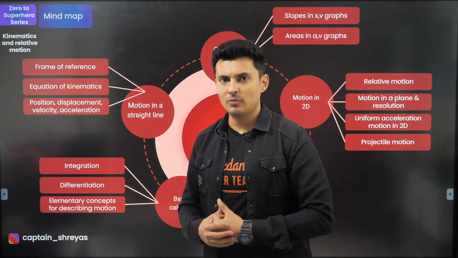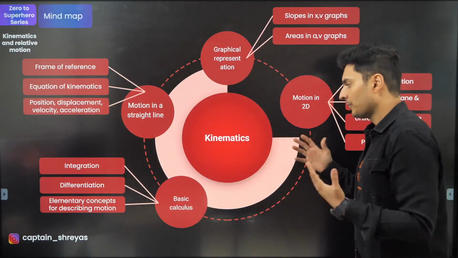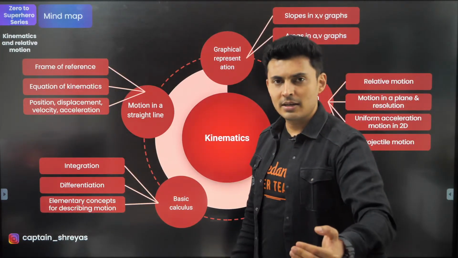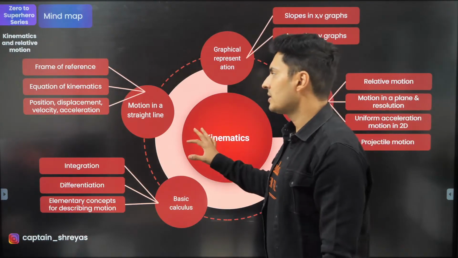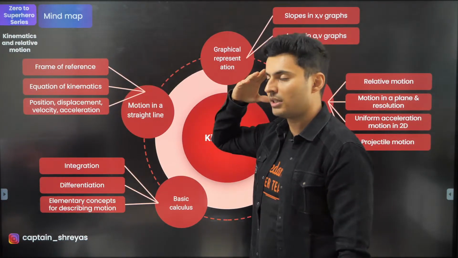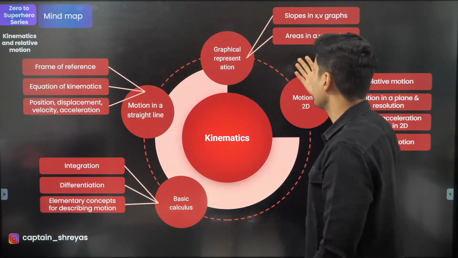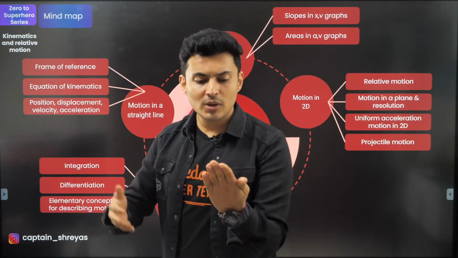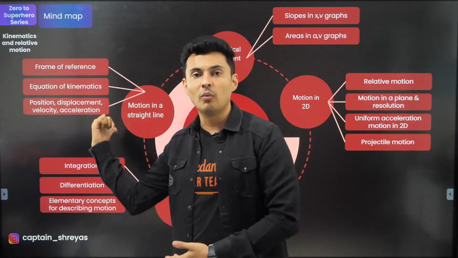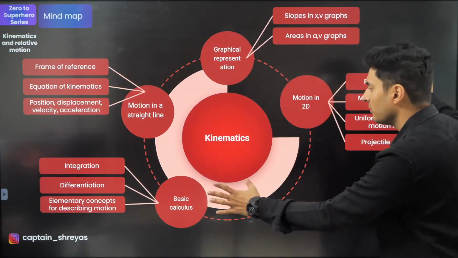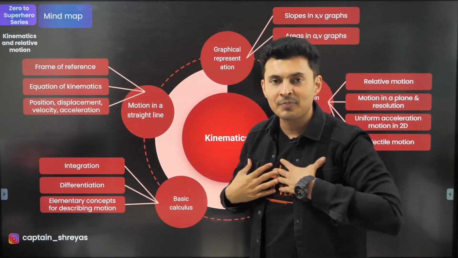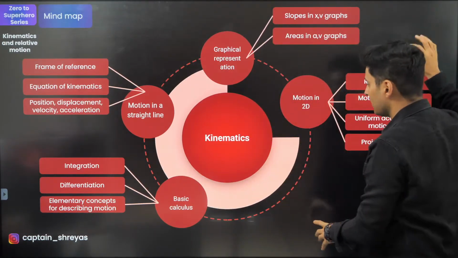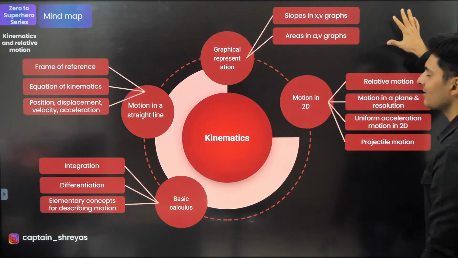Like I say again and again, why is a mind map very important for any chapter? It's because it gives you a holistic picture at a glance of what all is there. You can revise it while sleeping. This motion in a straight line, position, displacement, what is velocity, what is acceleration, what is frame of reference, graphs. That way you don't have to see things, you can just revise mentally, and if you skip a thing, you know what you have skipped. Now this is not the exhaustive mind map. You can make your own mind maps. This is for you to understand how mind maps are made, but you can extend this. Even in this branch you can extend more, even in this branch you can extend more.